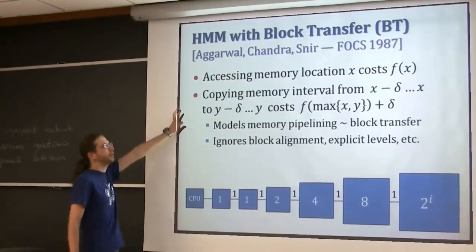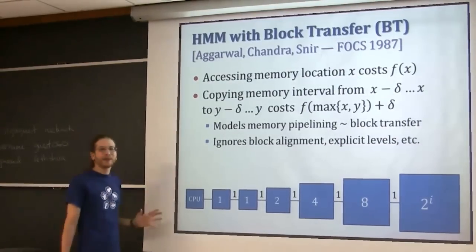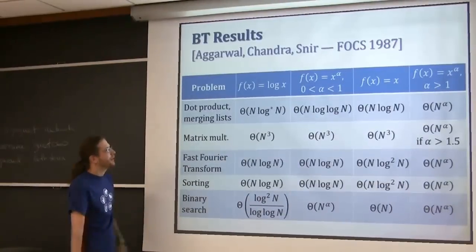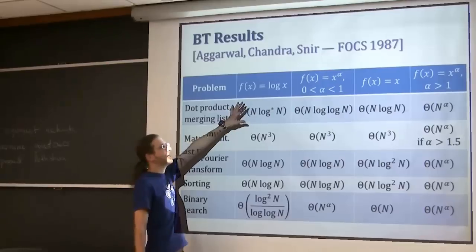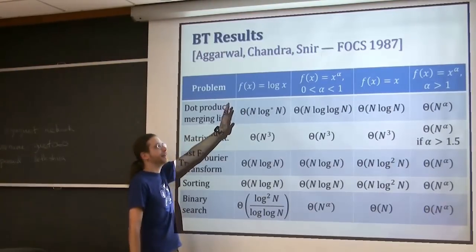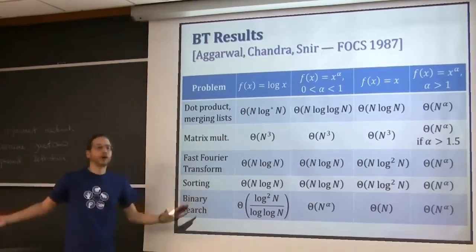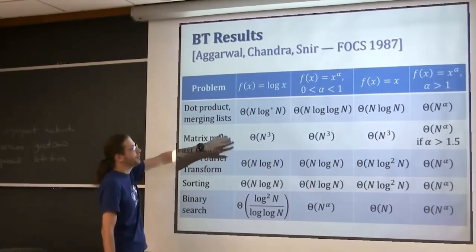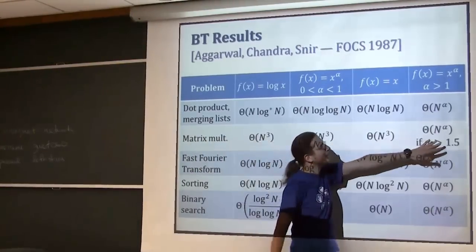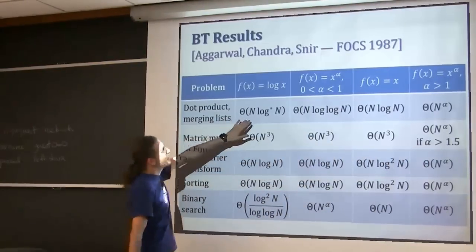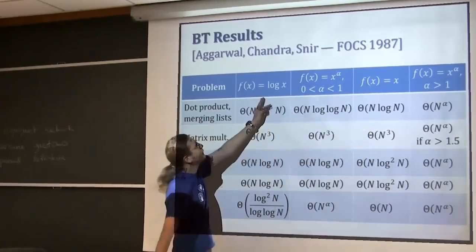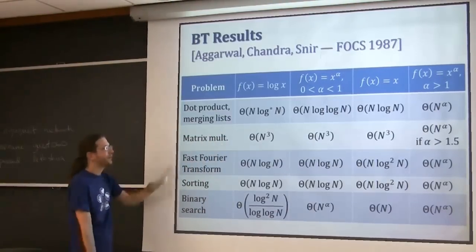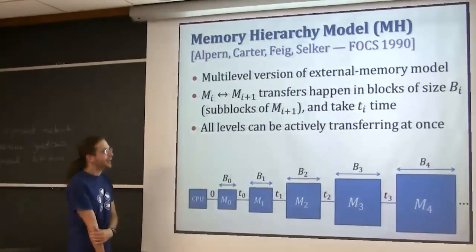This is a lot more reasonable than HMM, but it makes things a lot messier, is the short answer. Here's a block move. These are the sort of bounds you get. They depend now on f, and you don't get the same kind of uniformity as far as I can tell. You can't just say, oh, it works for all f. For each of these problems, like scanning or matrix multiplication, it doesn't matter much until f of x gets really big, and then something changes. For dot product, you get log star, log, log log, depending on whether your f of x is log or subpolynomial or linear. So I find this kind of unsatisfying, so I'm just going to move on to UMH,